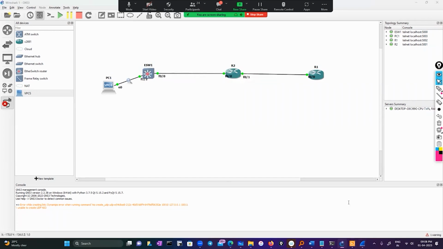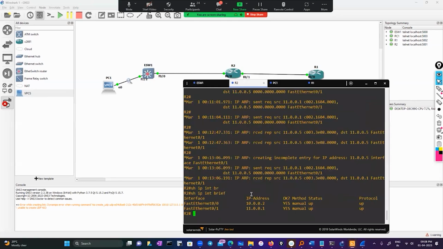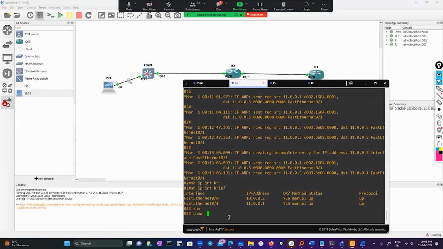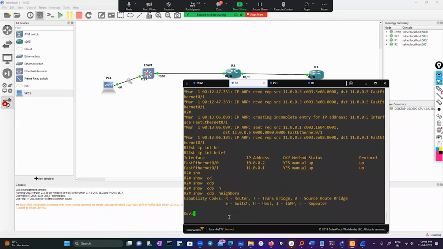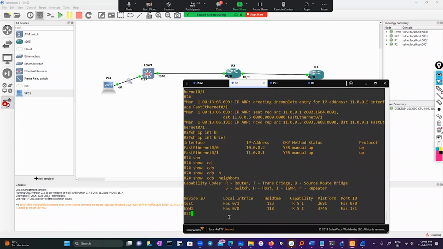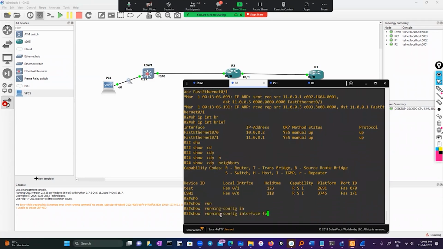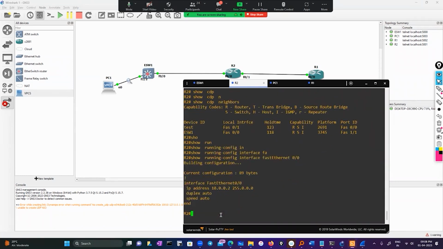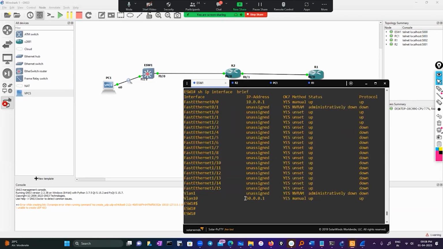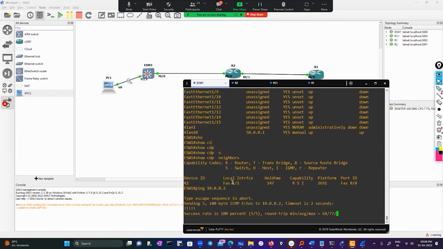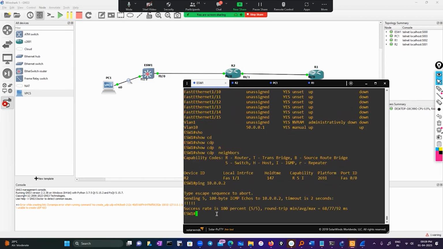Okay. So on my router, show CDP neighbor. The test is connected on fast Ethernet 0/1 and the switch is on fast Ethernet 0/0. Show run, interface fast Ethernet 0/0. Okay, 10.0.0.2. Just for a quick check, let me ping 10.0.0.2 and I can ping now. Okay, so now